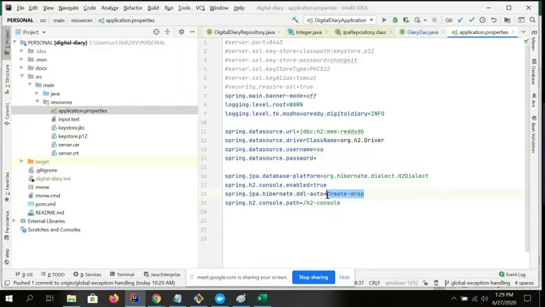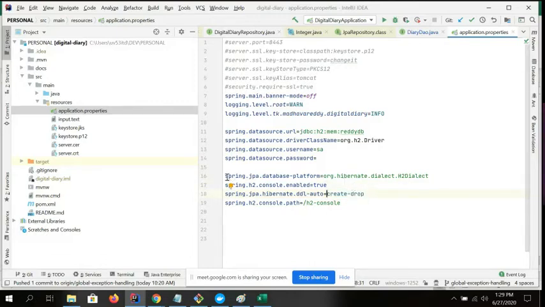In some cases you can also retrieve the past data, but I don't prefer that. I will always use create-drop. This is the main operation I'm going to do. When the application is brought up, it will create your table structures automatically, for whatever entities you created. And the relationships, since we are using JPA relationships, will be handled too.